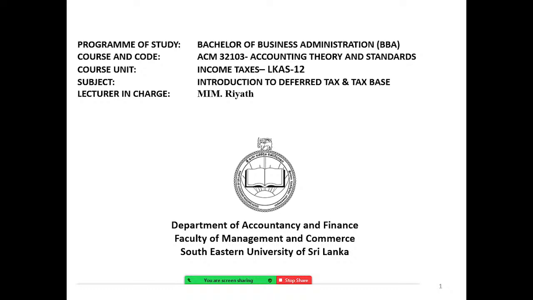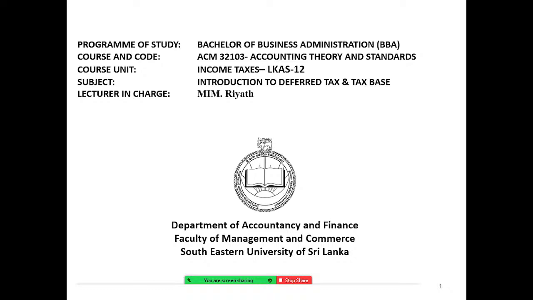Today we will focus mainly on deferred tax and tax basis. So we focus on deferred tax assets, deferred tax and tax basis. Most importantly, we will discuss the treatment, how we can understand the differences between the tax base and carrying amount. So there are different components in the balance sheet view, where you have to discuss what is a